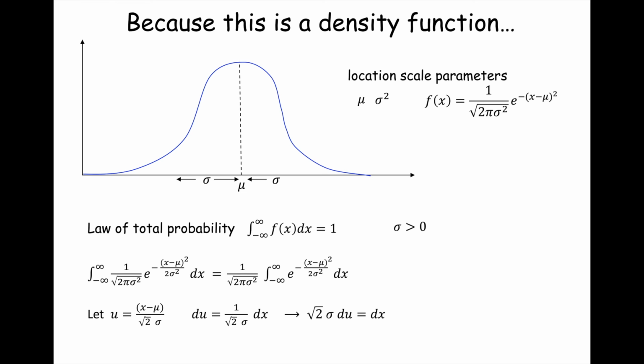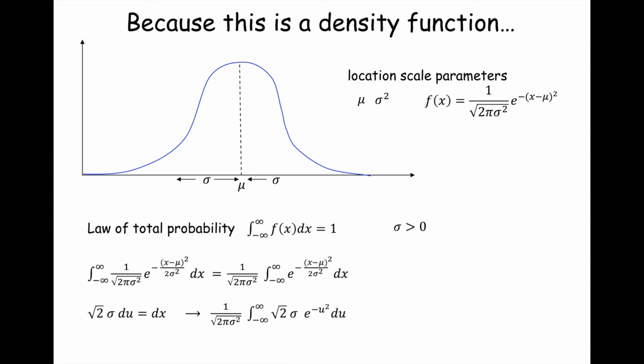Okay, so let's continue. We do that substitution, and now I have radical 2 sigma. That's the scalar factor as a result of the Jacobian. I change dx to du, and now instead of e to this complex exponent, I have e to the u squared. The reason the substitution was radical 2 was so that I could call it e to the u squared. It wouldn't work out with that 2 if I didn't make it radical 2. Okay, any questions about this step?